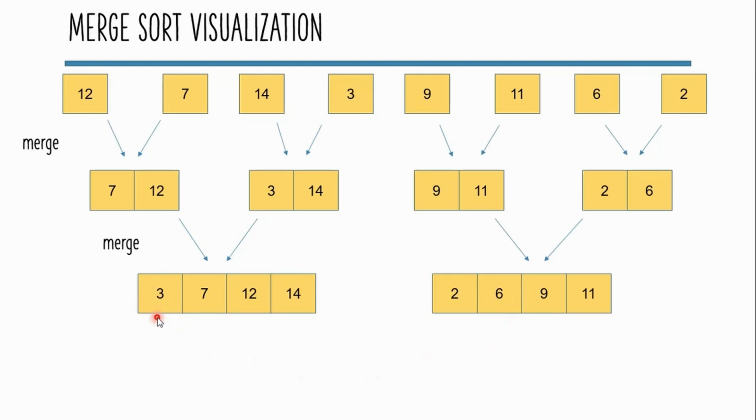Now 3 is less than that of 6, so the next element has to be 3 in the final array. Now again we have added the element from the left subarray, so we need to increment the I value, as I is the iterating variable for the leftmost subarray, so it will go to the next location, that is 7. Now 7 is compared with 6. 6 is less than 7, so 6 will appear, and now again the j value will increment and it will go to the next element that is there.